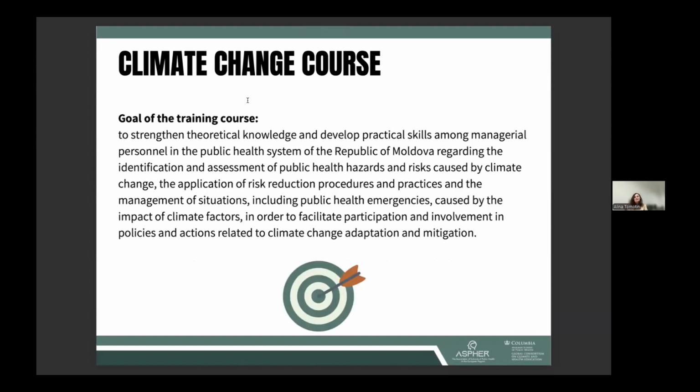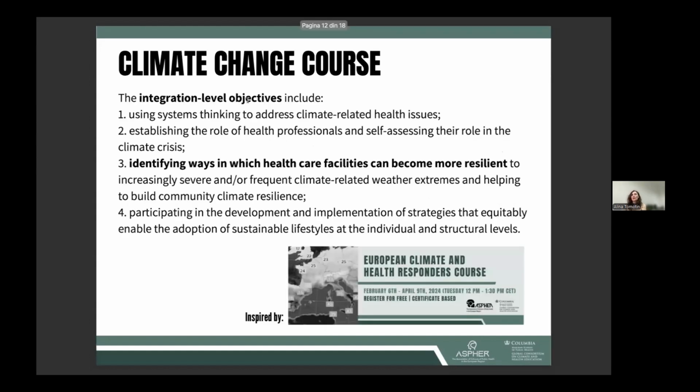The goal of this course is to strengthen both theoretical knowledge and practical skills in managing public health risks related to climate change. We aim to help healthcare managers identify risks, apply risk reduction strategies, and manage emergencies arising from climate factors. So the course also has integration level objectives that include using systems thinking to approach climate-related health challenges,